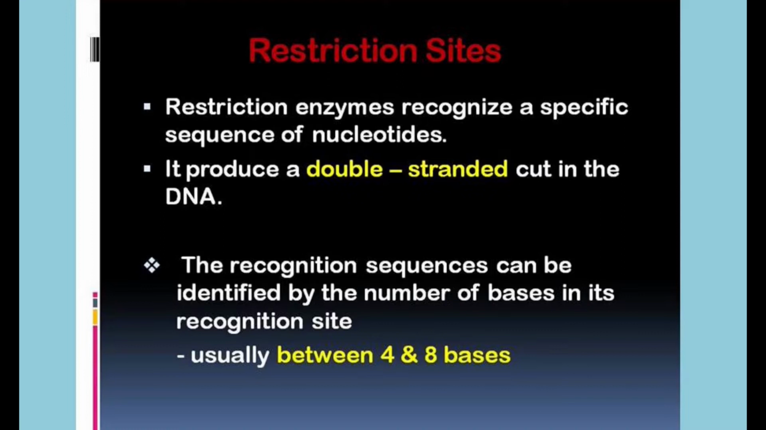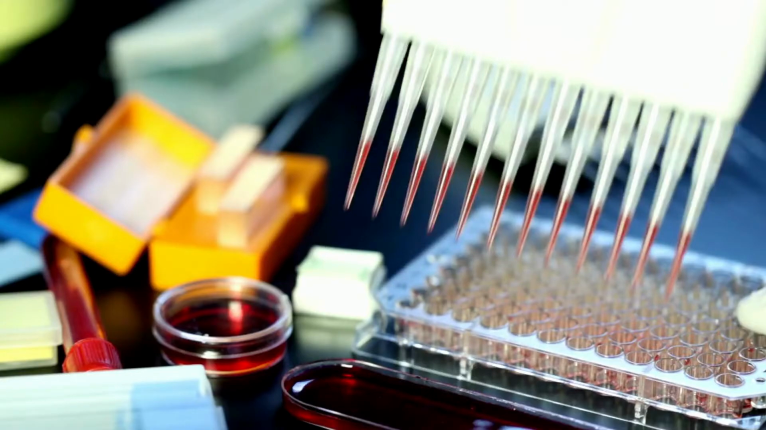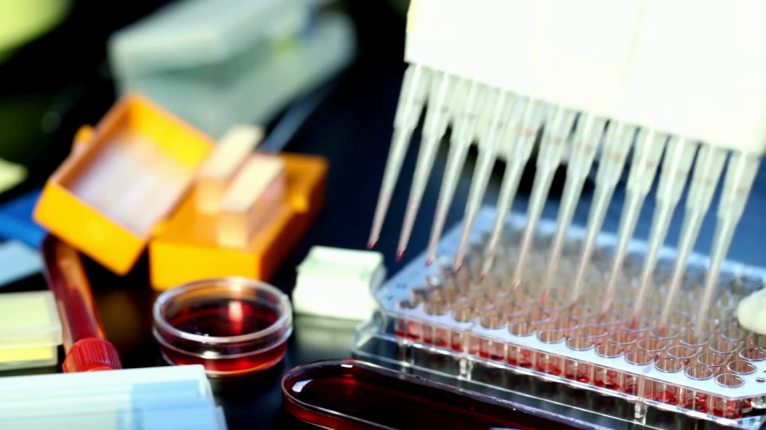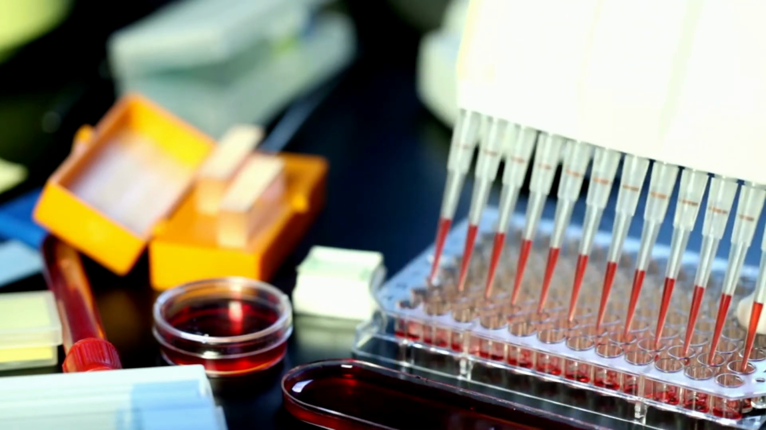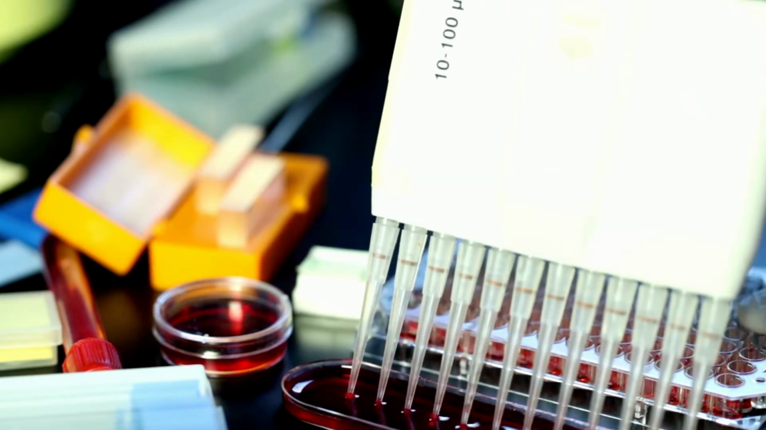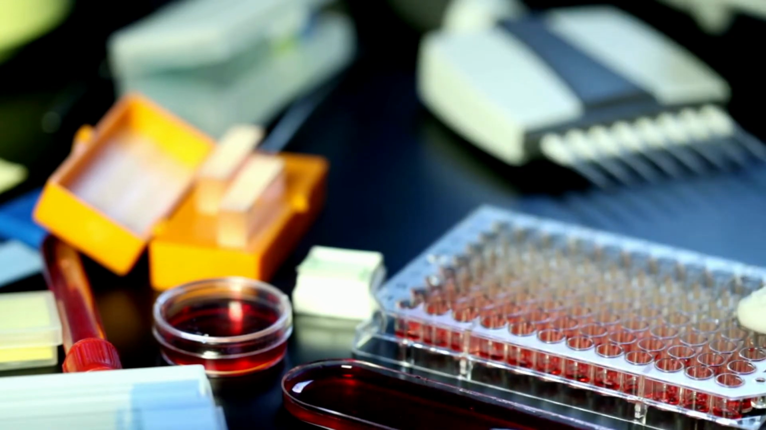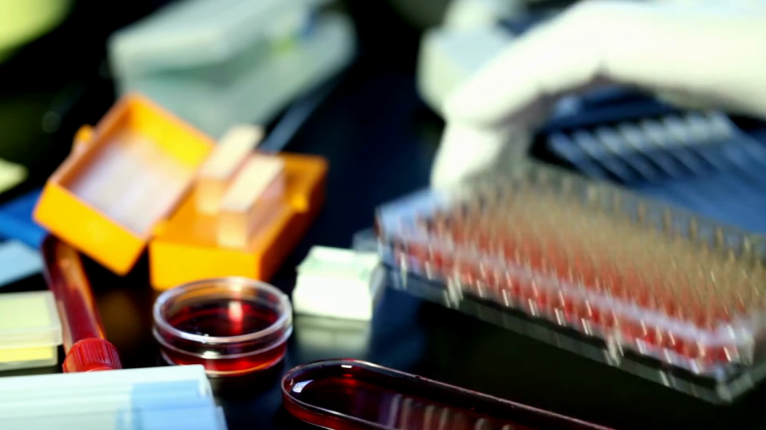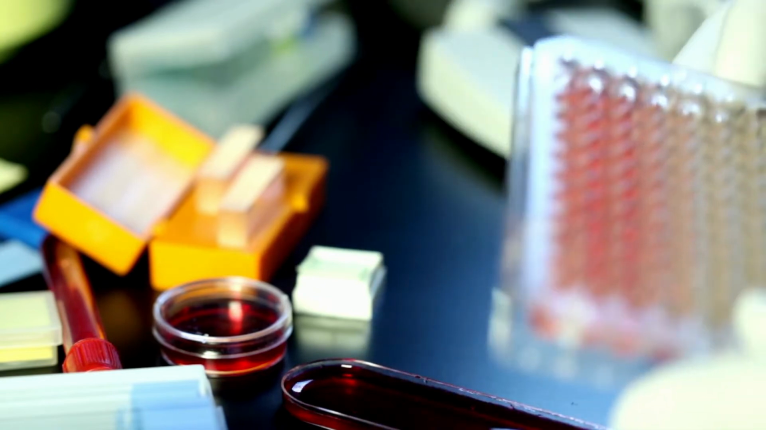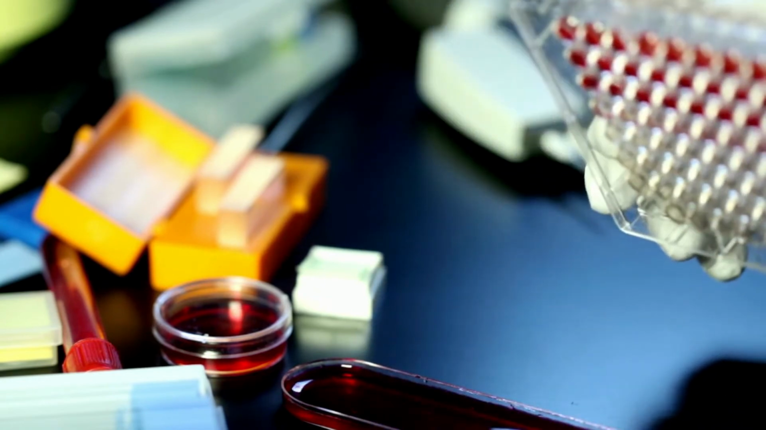The restriction enzyme recognizes a specific sequence of nucleotides. It produces a double-stranded cut in the DNA, and the number of bases in the sequence will determine how often the site will appear by chance in any given genome. The recognition sequence can be identified by the number of bases in the recognition site, usually between 4 and